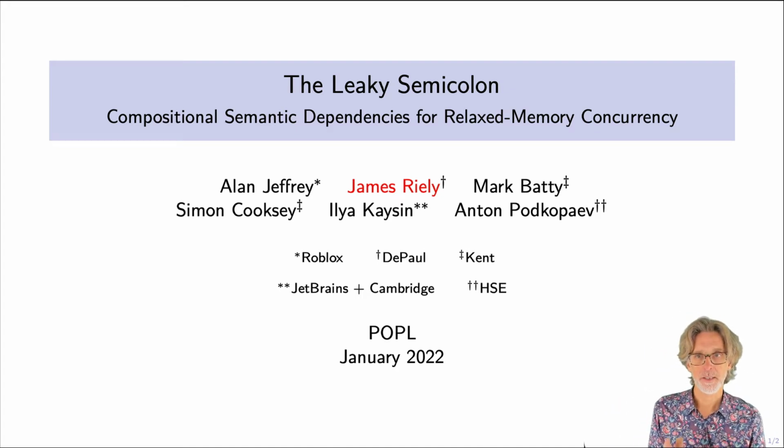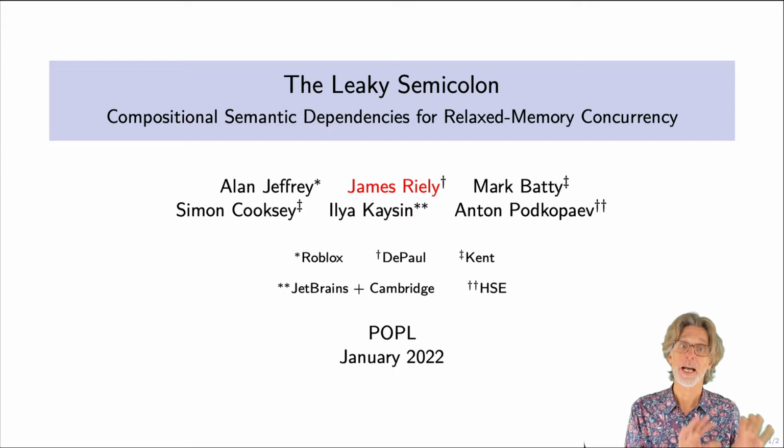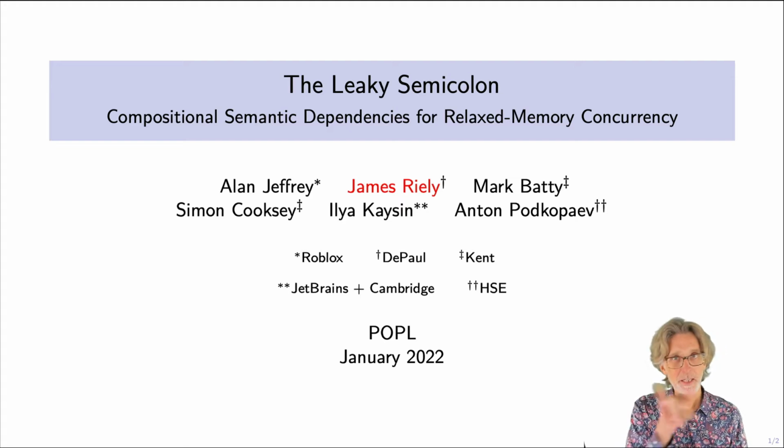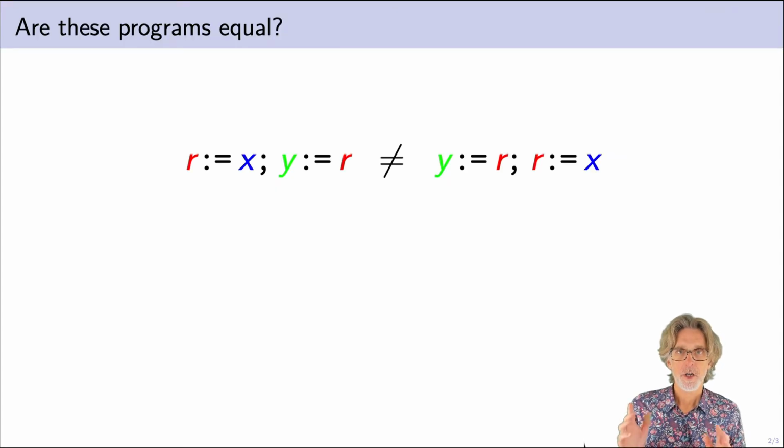We're going to consider sequential composition in an optimized language with shared memory concurrency, like C, Java, or JavaScript running on modern processors. One way to understand the meaning of something is to look at which things are equated and which things aren't. Let's start by looking at two programs that are clearly different.